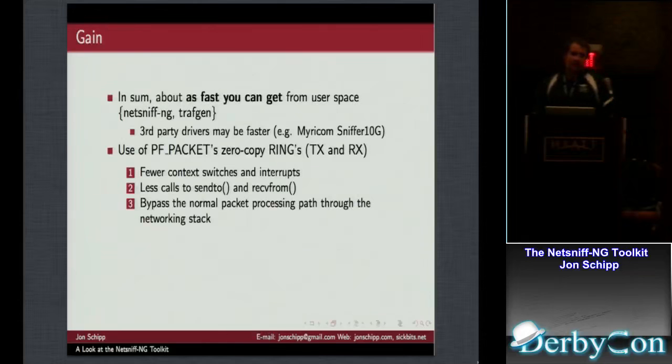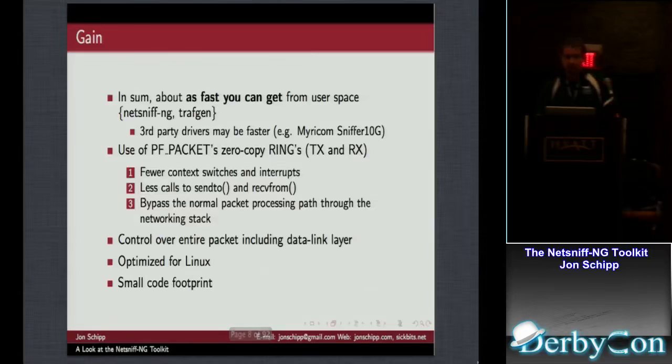In Netsniff-NG, we use memory mapped buffers on the PF_PACKET sockets, where the packets are memory mapped from kernel space to user space. You don't have to do extra context switches or anything like that. So this is about the best performance you can get from user space. There are third-party drivers like Myricom Sniffer10G, and you guys may be familiar with PF_DNA. Those tend to outperform because they do custom things, and they have specific hardware drivers for those cards to get extra performance. So one cool thing about TrafGen, which we'll get into, is you get entire control over the packets,